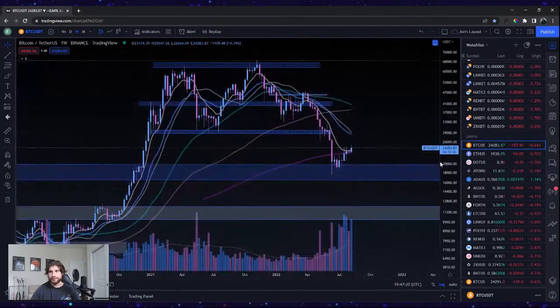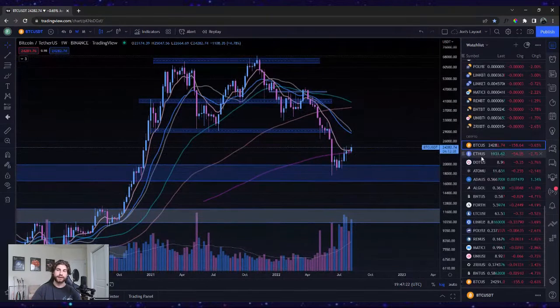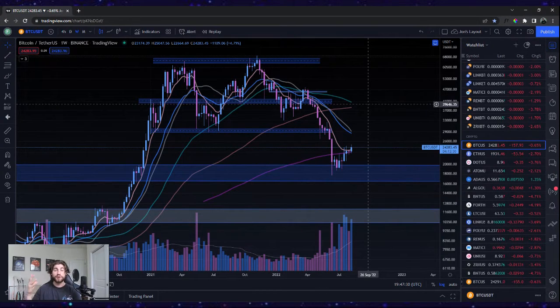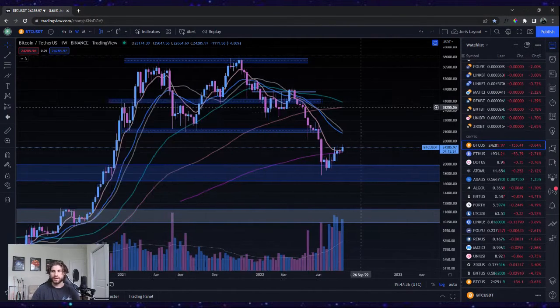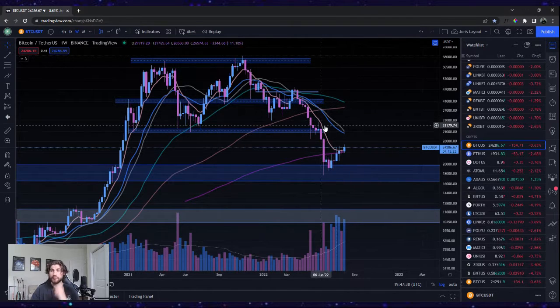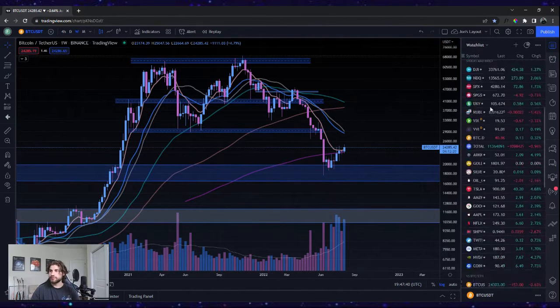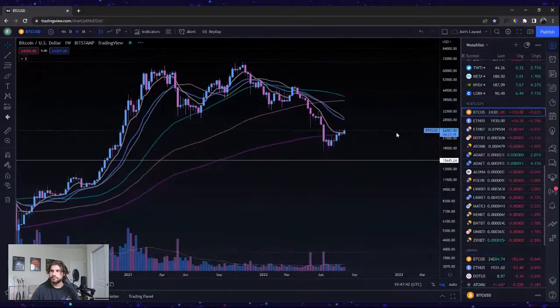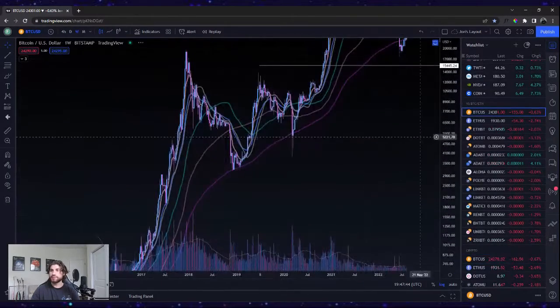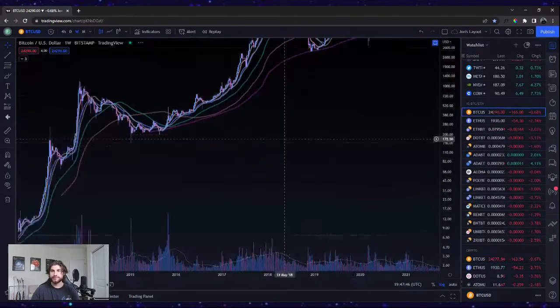So moving averages are great for obviously compounding a moving average of previous price data and then using crosses of those moving averages in the same way that you use support and resistance. If you want to use support and resistance that isn't straight horizontal, don't use a trend line, use a moving average, right? For example, Bitcoin has been really good at holding its 200-week moving average as support throughout its history